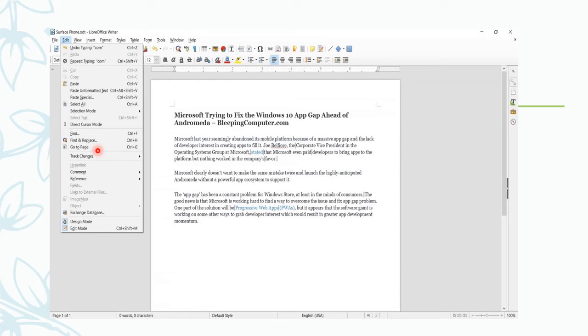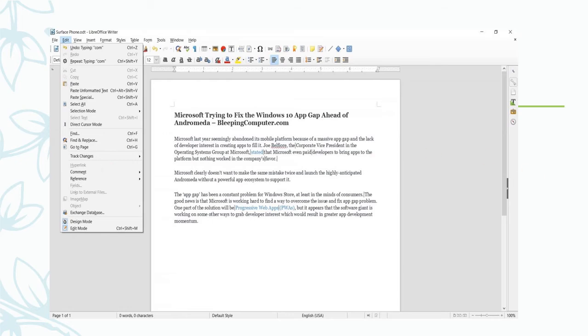That is called go to page. Then track changes. Track changes means you can change the things which are available in the MS Word. So these are all known as Edit menu options, which are available in the LibreOffice Writer. LibreWriter we can say.